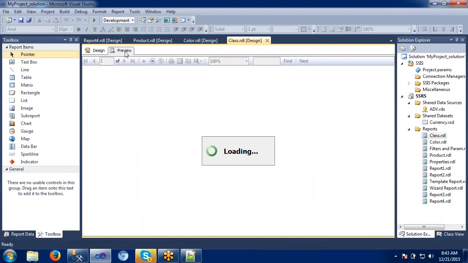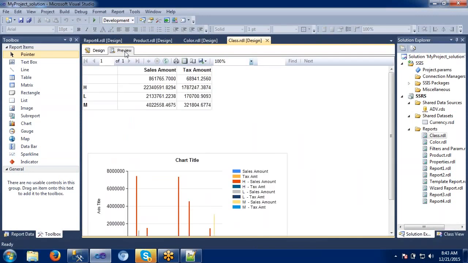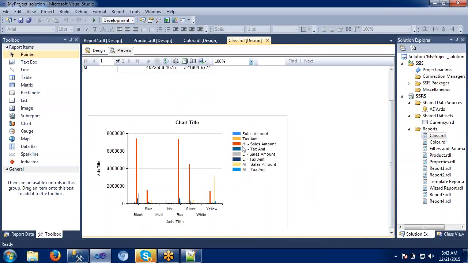Everything will come under one color only. Here it is displaying like this: high class sales amount, high class tax amount, low class. These are the classes available, right? They will be displayed as legend icons, and these will be the values. When we make it a series, it will be marked into legend icons. For this yellow color, this is the tax amount, and this is the sales amount.